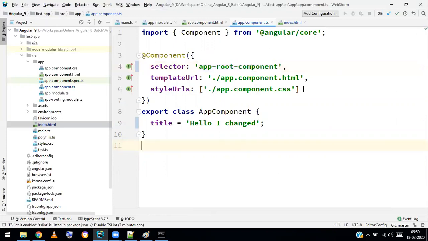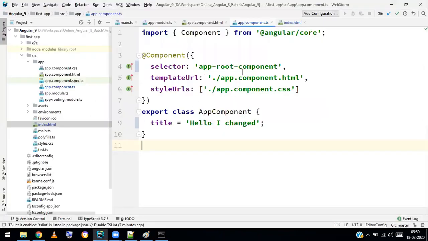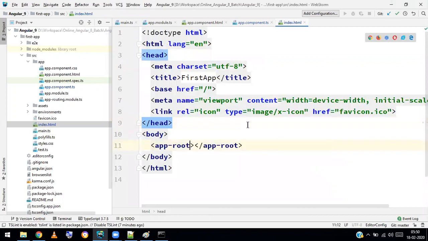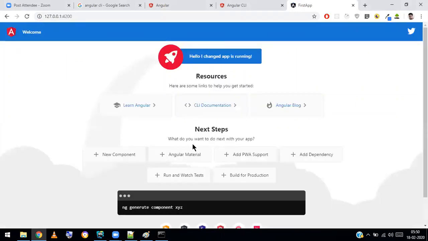You can change any tag here. So now it will display the contents. I have changed this to app root component, but it doesn't look good. Let's make it app root again. This also goes back to app root, so that it is a root tag and it will detect and display.